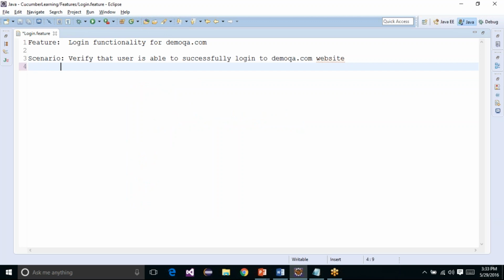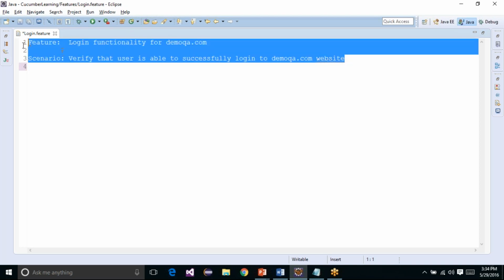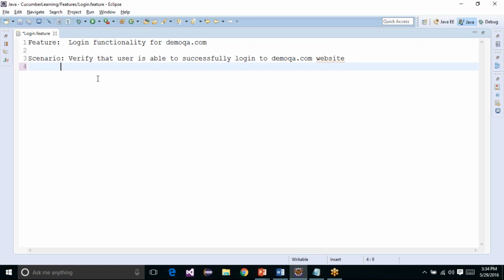So what it means is that Cucumber can understand a couple of keywords, for example, the feature and the scenario keyword, right? For the time being, I will just use the keywords without describing them much, but in the coming classes, we will describe the keywords more properly, and we will make better feature files as we learn more keywords. So for the time being, you just remember that you can use the given keyword. So you can say given a user is on demoqa.com